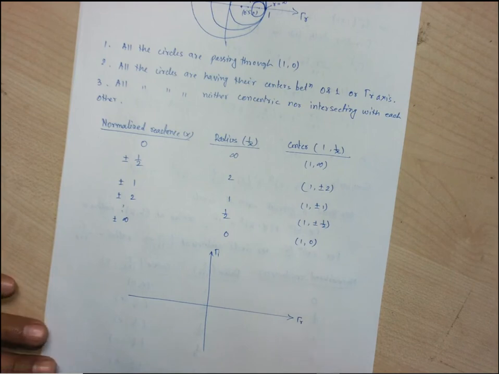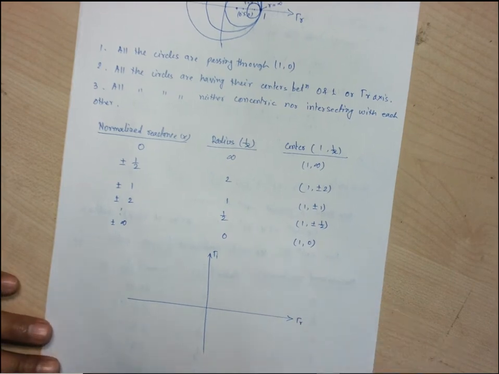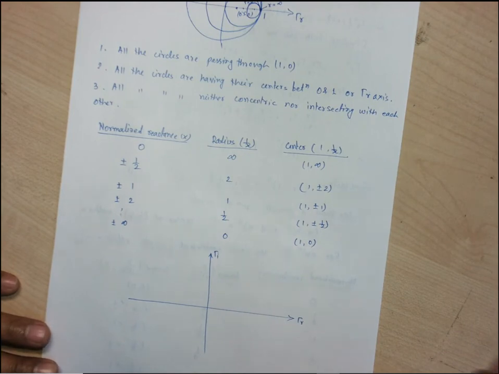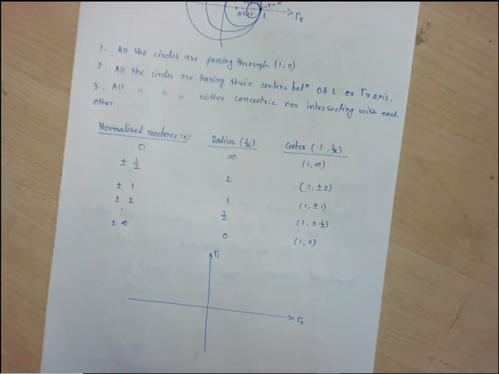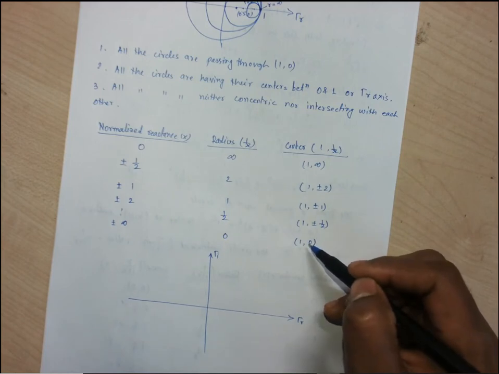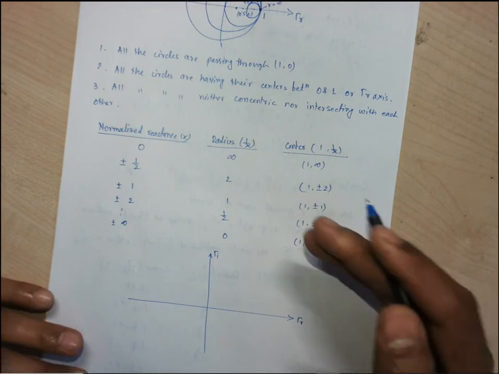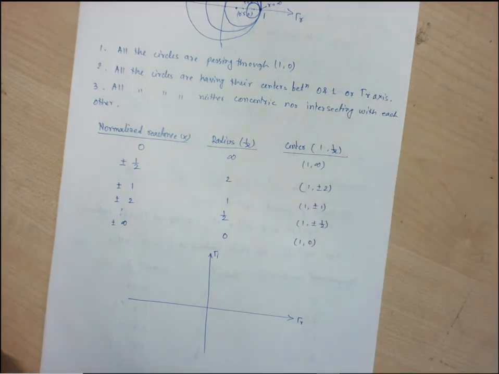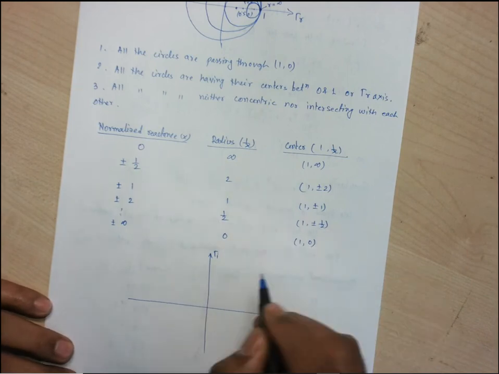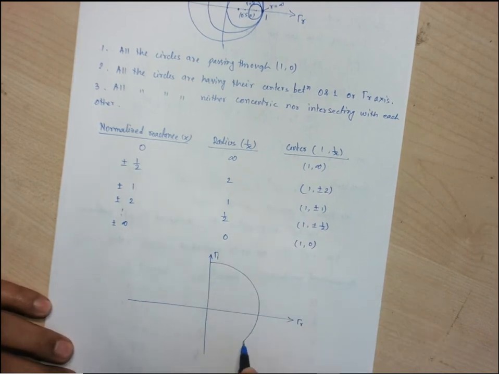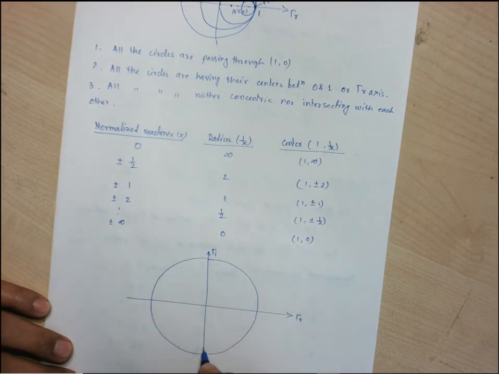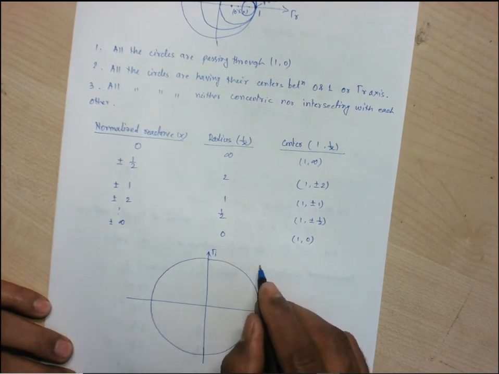So the first point is at 1 comma 0. After that it is gradually increasing. The gamma r value remains the same, that is 1. But if we start with the infinite point, infinite reactance, then it will start from the minimum value of gamma I. After that it is gradually increasing, right? So if we have this unit circle with radius 1,